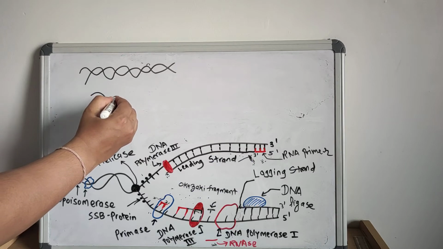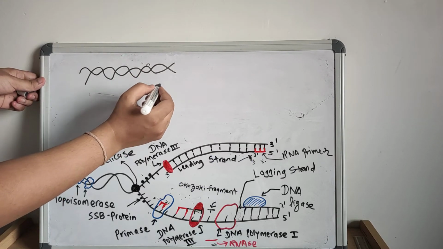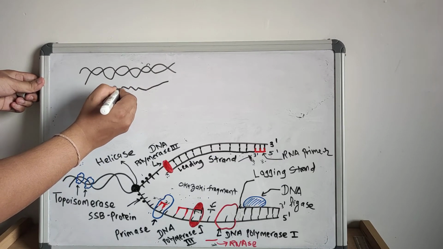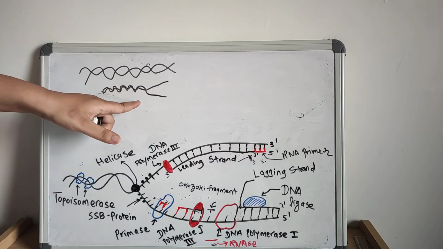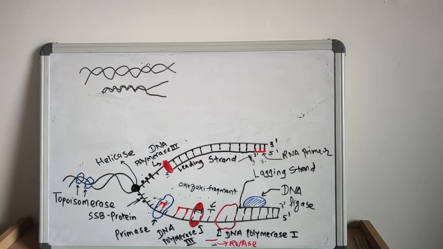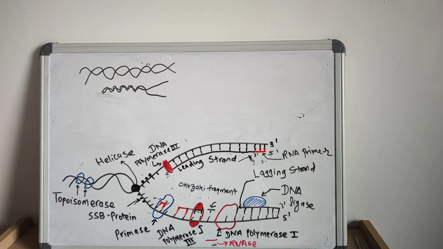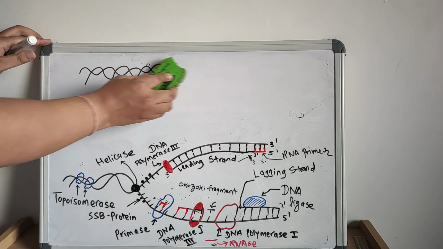Suppose you want to open this thread. Obviously there will be the formation of the supercoil here, and to prevent the formation of the supercoil, there is the DNA topoisomerase. DNA gyrase inserts the negative supercoils by nicking both strands of DNA, passing the DNA strand through the nick, and then releasing and resealing both strands. That is the very important action.